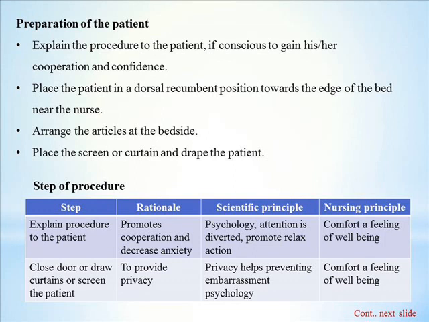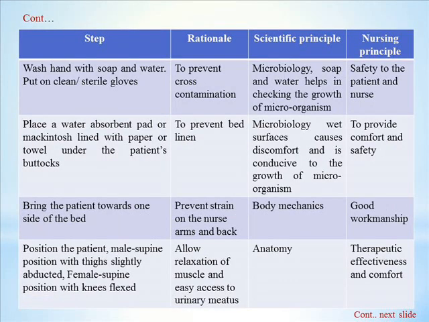Then we have to close the doors or draw curtains or screen in order to provide privacy and a feeling of well-being. Then we have to wash our hands with soap and water and put on clean or sterile gloves to prevent cross-contamination. Then place a water-absorbent pad or a Macintosh lined with paper or a towel under the patient's buttock in order to provide comfort and safety and to prevent bed